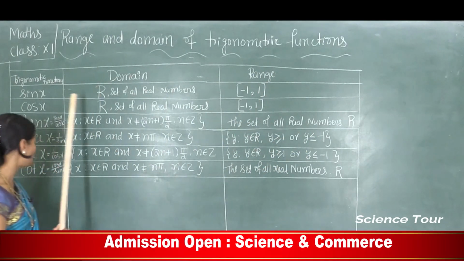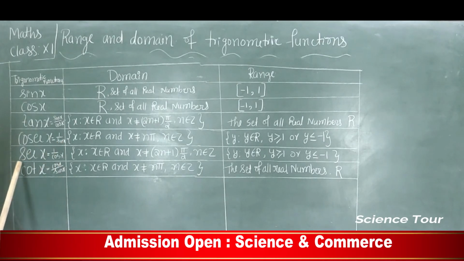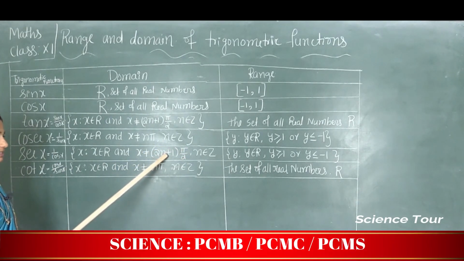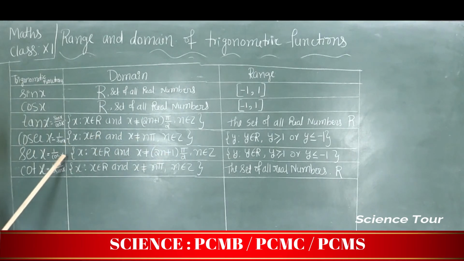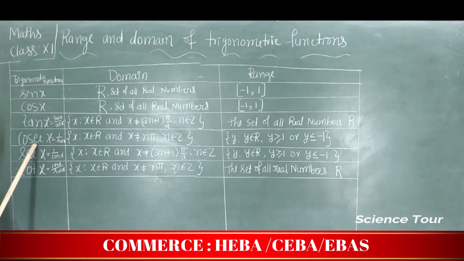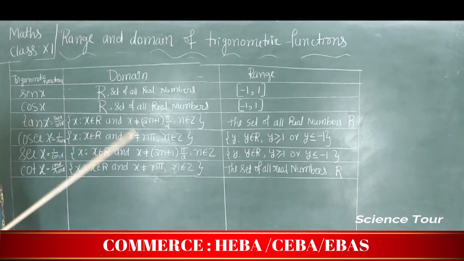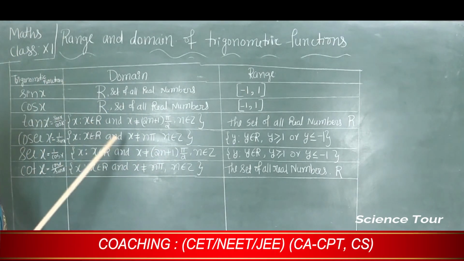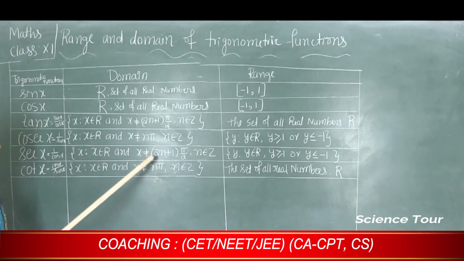So that is called the range of cosecant x. Now next, secant x is what? 1 by cos x, where it is not defined at x not equal to (2n plus 1) pi by 2, because if you substitute these values, cos comes as 0. So 1 divided by 0 is infinity, means secant is not defined. Understood now? Where it is defined and where it is not defined. I clearly mentioned in the previous class also while defining sine, cos and all, right? While giving these formulas I explained.